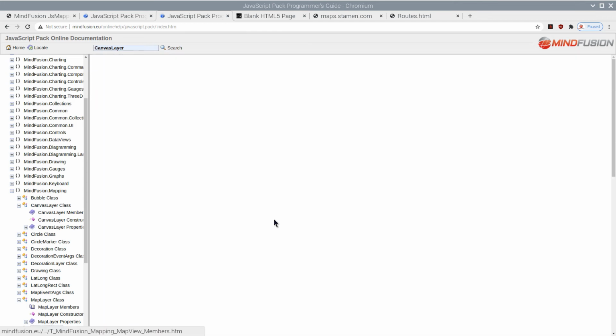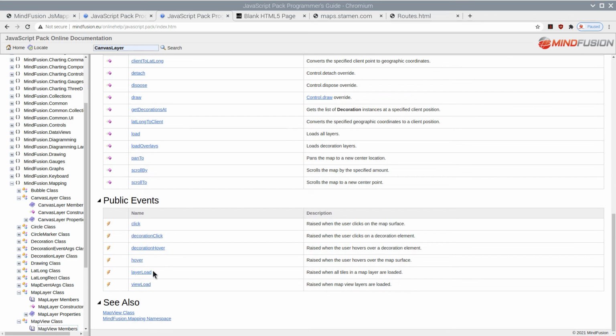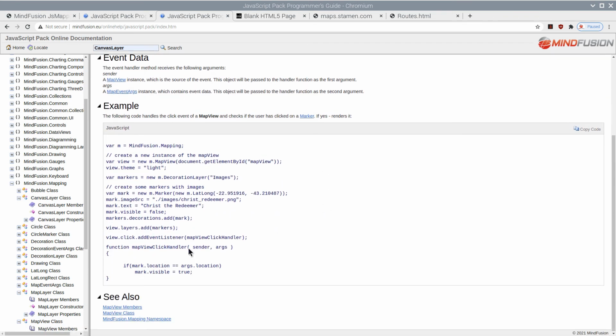We will also handle the click event. The click event is fired when the user clicks on the map, and the event data gives us the clicked location in lat long coordinates. That's exactly what we need.